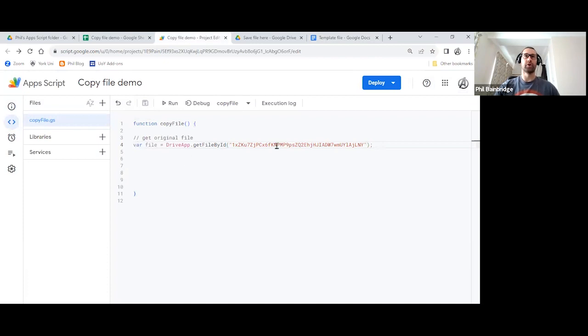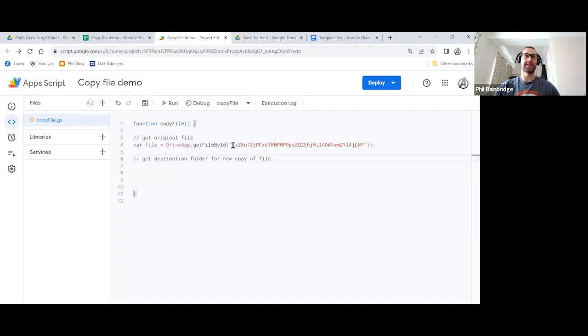So in that one line of code now, we will have access to this template file to be able to make a copy of it later on. The next thing we want to do then is get the destination folder for the new copy of the file. So I'm writing this in a bit of shorthand text. If you want to be a bit more explanatory, that's absolutely fine. But we need to know where we're saving these items.